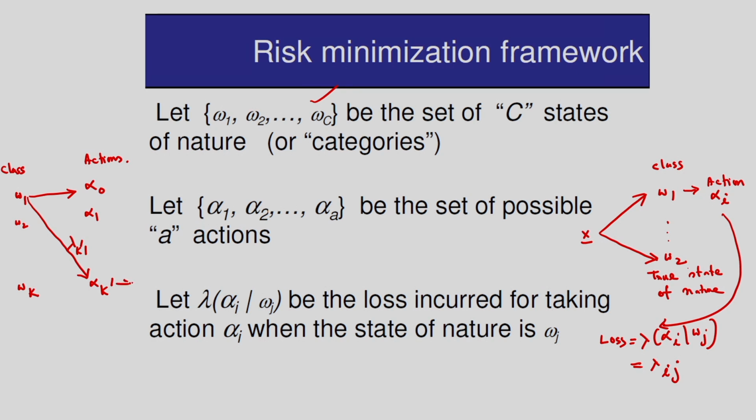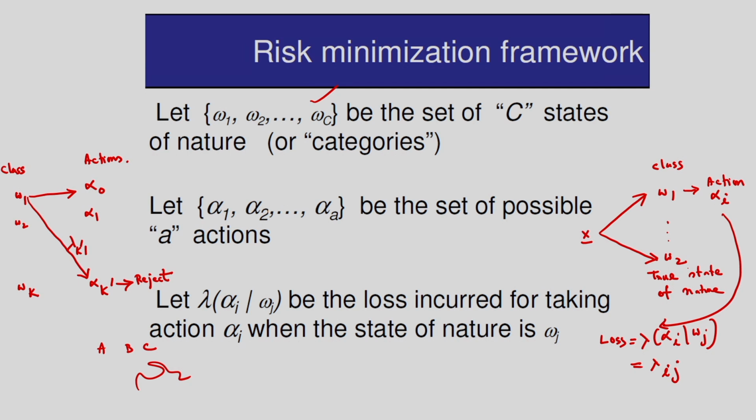Suppose this action is the reject option. In pattern classification, reject option is very important. That means a particular feature vector may not be assigned to any one of the classes. Then I can consider the option as the reject option. Suppose in alphabet recognition, alphabets A, B, C, D like this, suppose I am writing one alphabet something like this, an English alphabet. I have to consider the reject option, because it does not belong to any of the classes, that means the alphabets. So this is the concept of the loss.